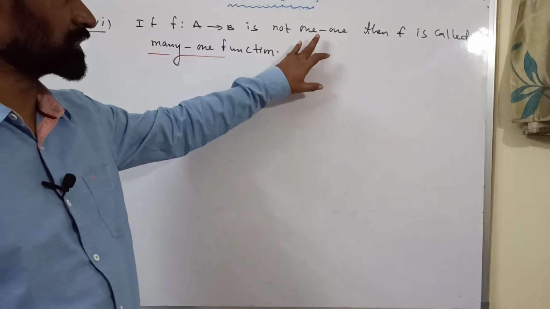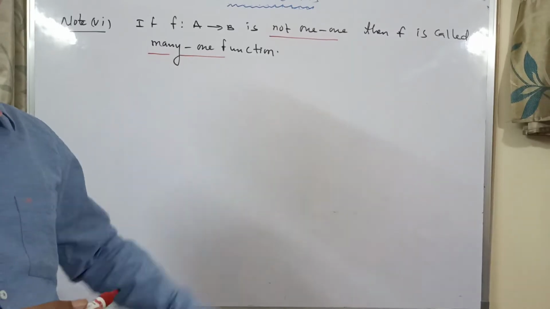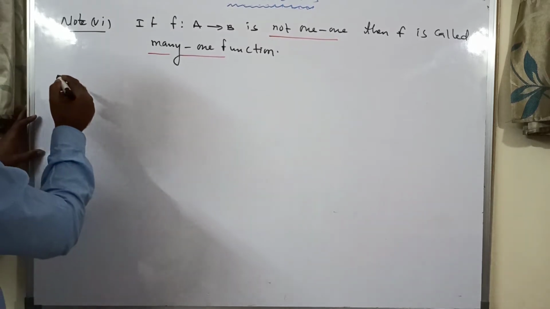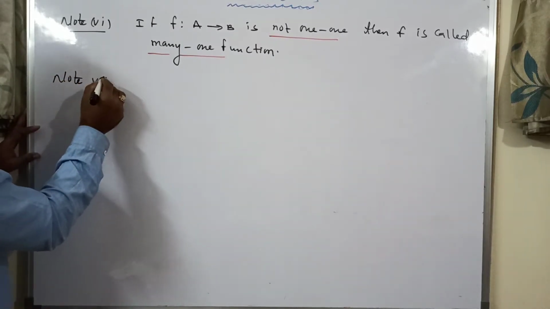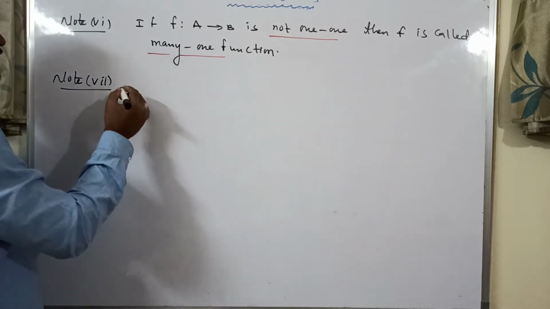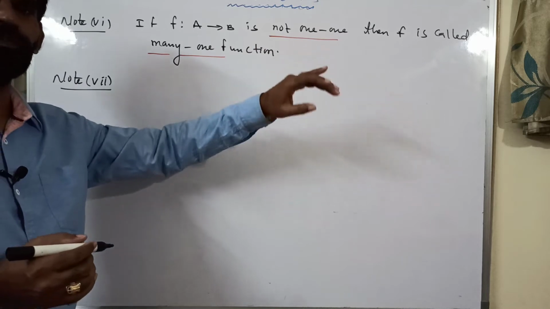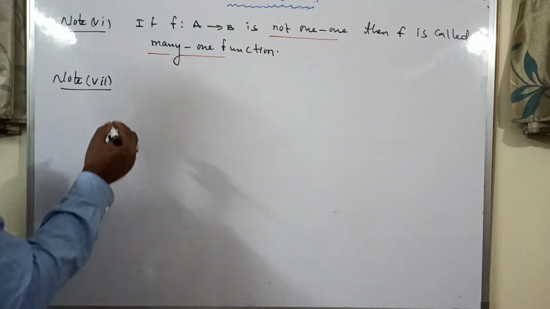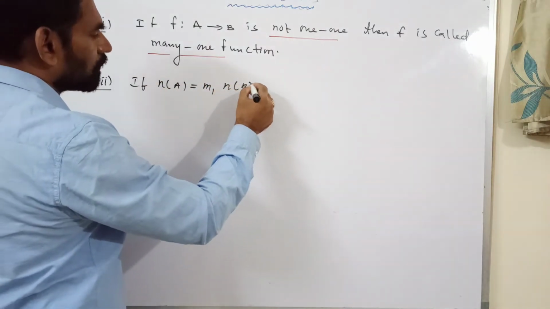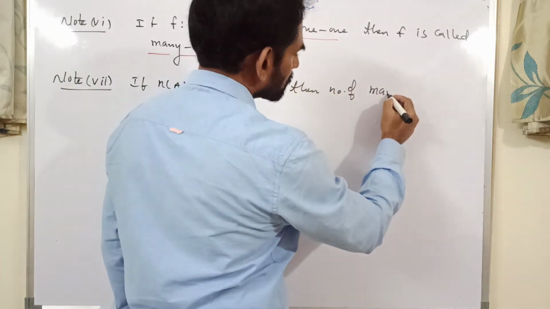F is not 1-1 means the function is known as many-one. Number of many-one functions I am writing in the next note, note 7. How to find the number of many-one functions from A to B? F from A to B is a many-one function. For example, number of A equals m, number of B equals n. Then the number of many-one functions